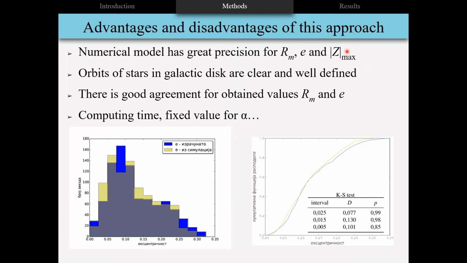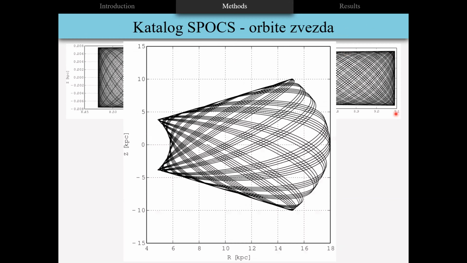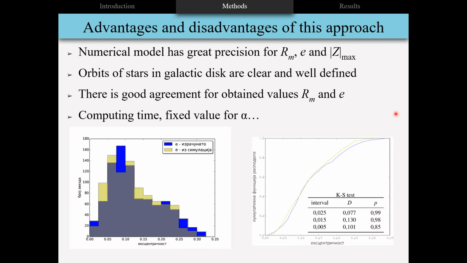And on the other side, we used this numerical integrator to calculate very well defined Rp and Ra, which is, for example, visible here. You can see these lines are very well defined when you look at the orbits of stars.